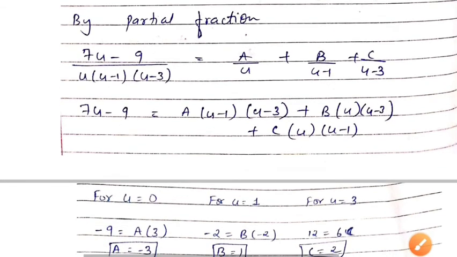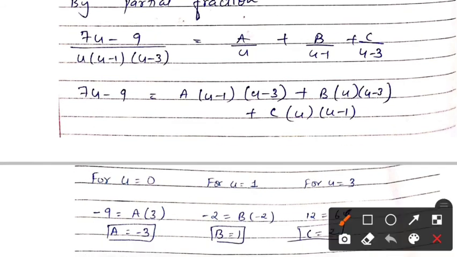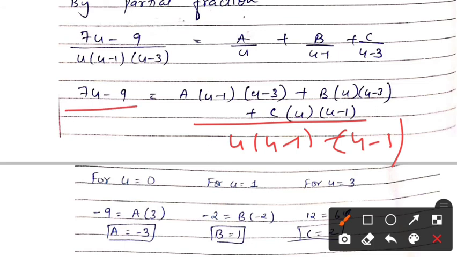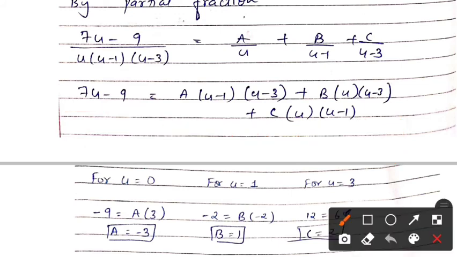It doesn't matter if I change the order of this constant. Okay, so if I take LCM, then here I will get u into u minus 1 into u minus 3. Here will be the same u minus 1, u minus 3. This both part will get cancelled. So when I take LCM, I will see what is not here. Here we are not having u minus 1 and u minus 3, so I will multiply it with a. Here I am not having u and u minus 3, so I will multiply the same with b, and similarly I will do for c.